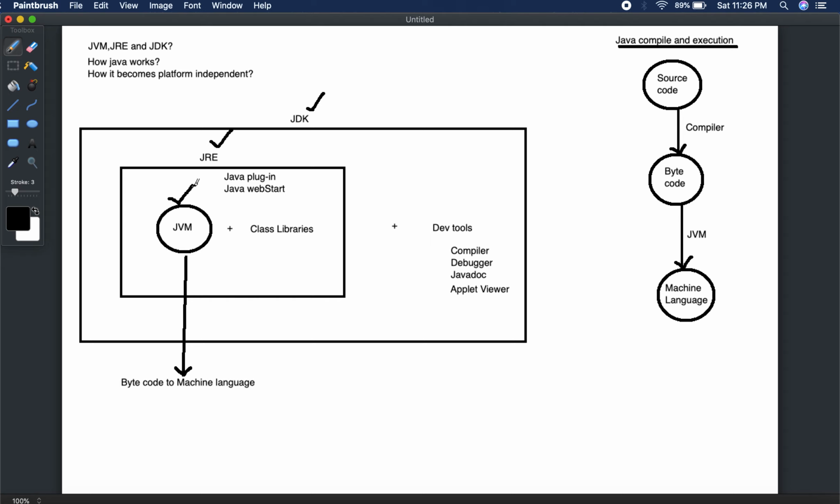They are platform dependent. So for Windows, you need to get the Windows Java, and for a Linux machine, you need to get the Java for Linux, and at the same time for the Mac also, you need to get the specific Java for a Mac. You can't get the Java for Windows and install it on the Mac. So it is platform dependent. Okay, you can ask me a question: when JVM, JRE, JDK are platform dependent, how does this language become platform independent? Let's look at this diagram.